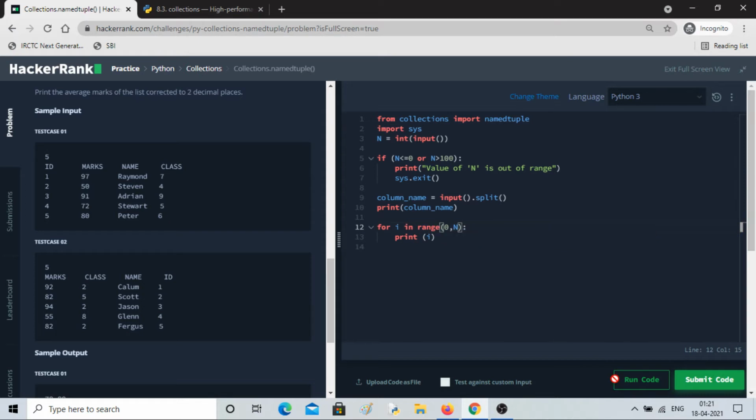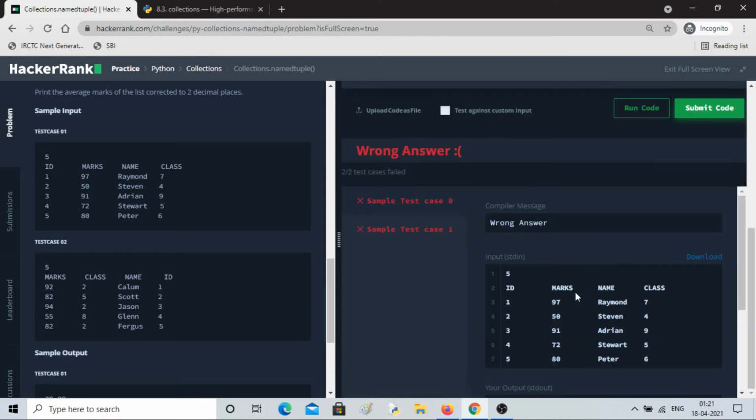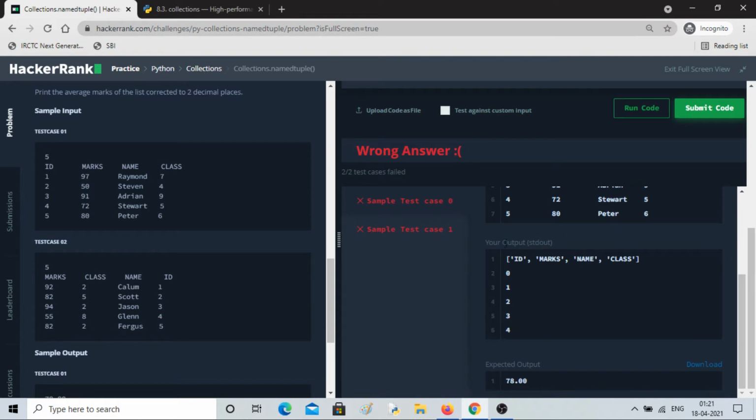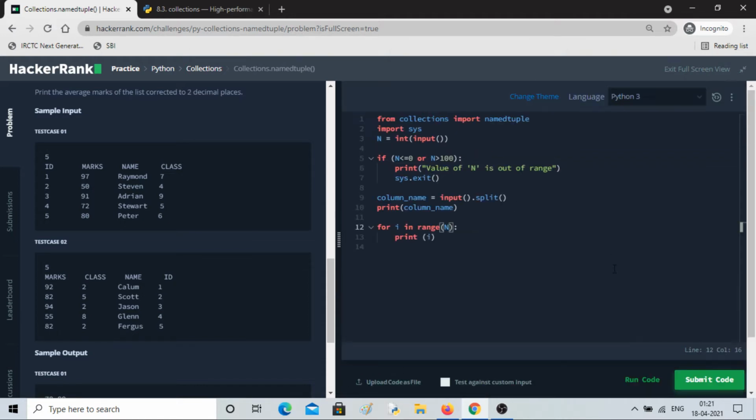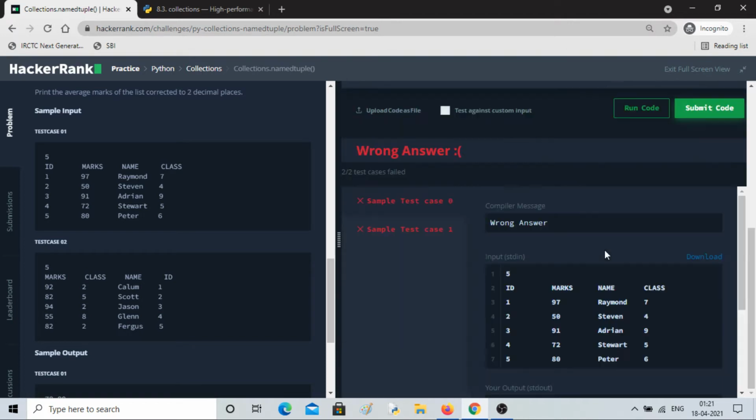Okay, so I will go from 0 to n. Okay, 0 to 4. So plus 1. Okay, let me do it like this, range n, then also it will work.